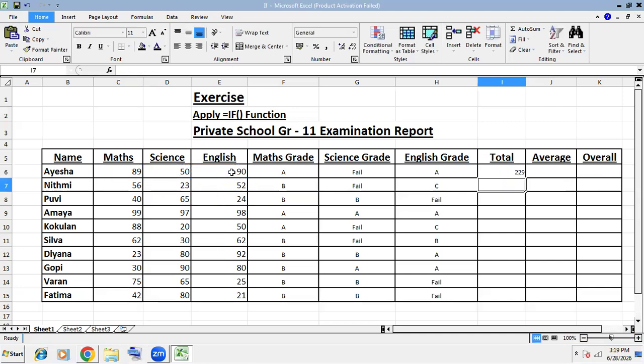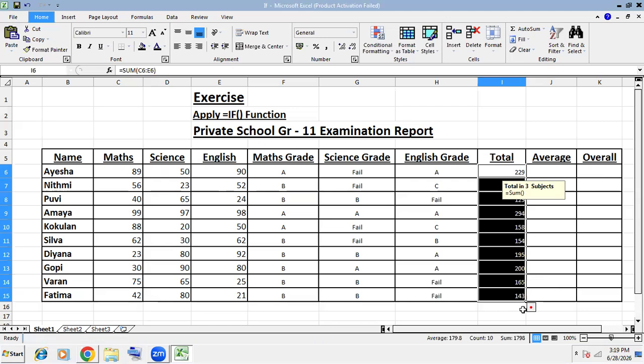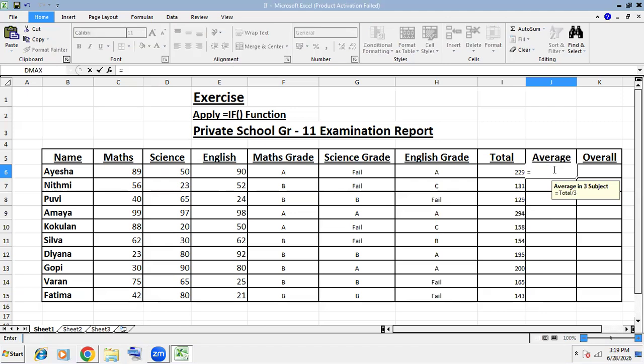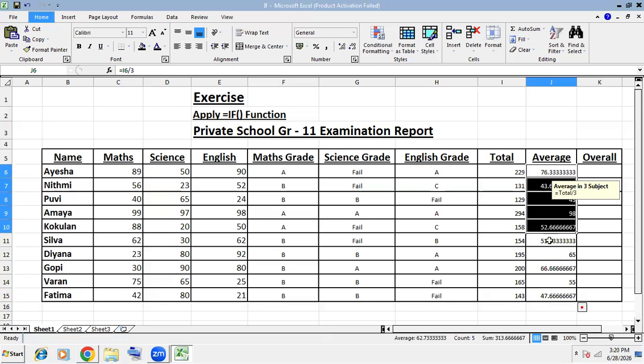Then close bracket, enter, then highlight this, copy. Then average equals total divided by 3, the first cell, and then enter. Then copy this, highlight this one,